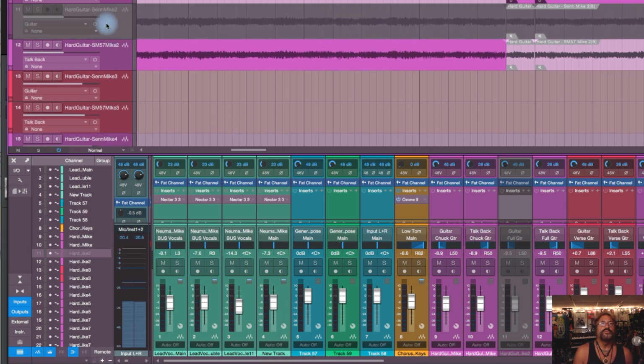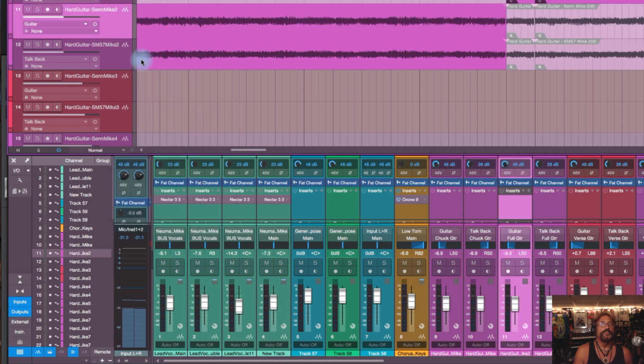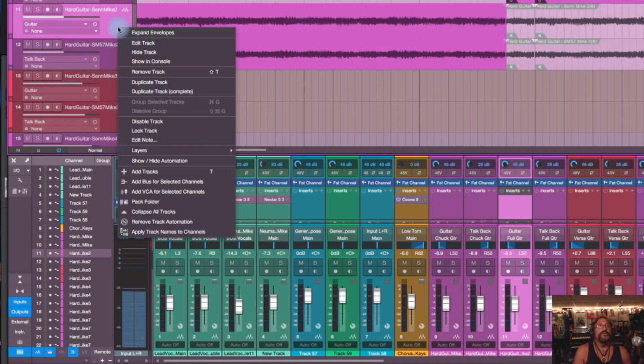You can do whatever you want. You can do that and then hide it. That's fine too. Now, what if you say, oh, I disabled the wrong track? So you come back in here and you can enable the track. Cool stuff. Okay. The other thing you can do is, and we'll get to duplicate, which is kind of cool,